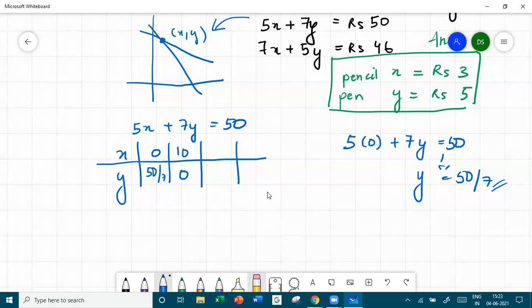We could have taken 3 and 5 itself. If you take x as 3, you get 15 plus 7y is 50. So yeah, you get 35, right? So if you take x as 3, you'll get y as 5. Another value you could take would be x as,